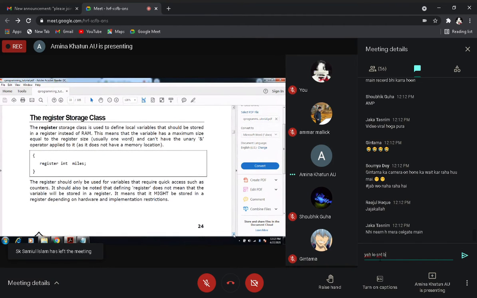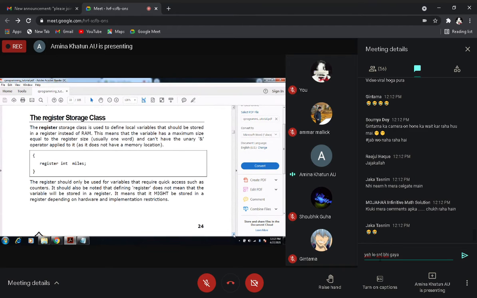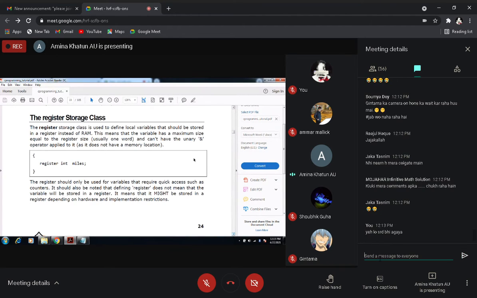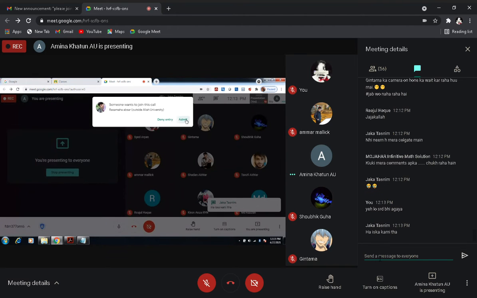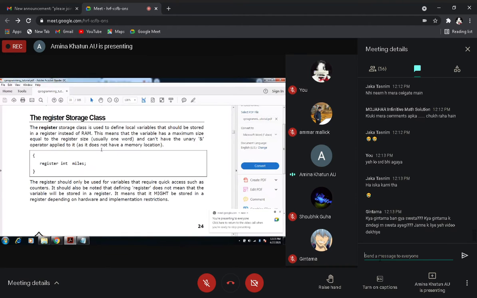The register storage class is used to define local variables, and the location of this variable is a register. So the value is stored in a register in the computer.